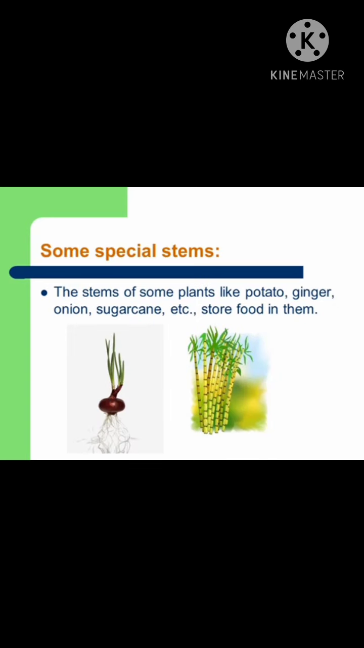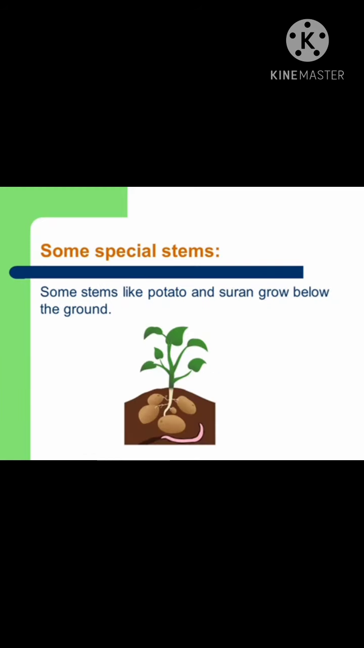Some special stems. The stems of some plants like potato, ginger, onion, sugarcane, etc. store food in them. Okay, the stems that store food, and that is why we can eat them. Now let's study shoot. The part of the plant that grows above the soil is called